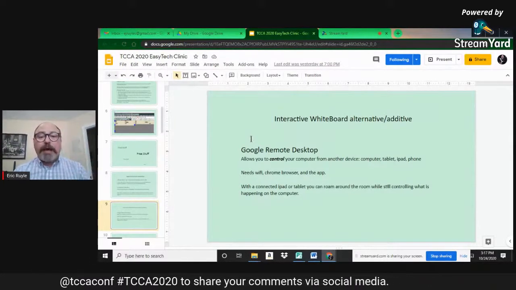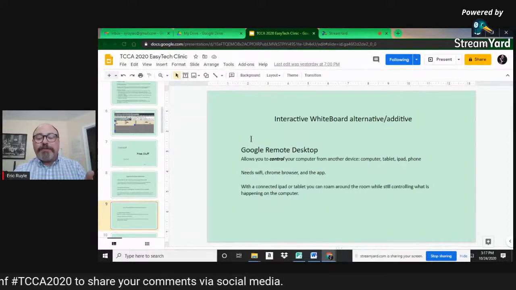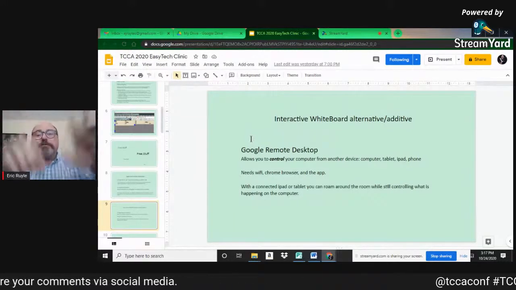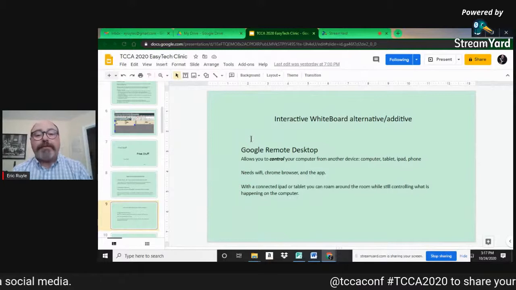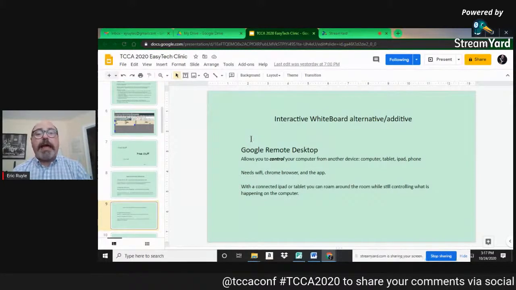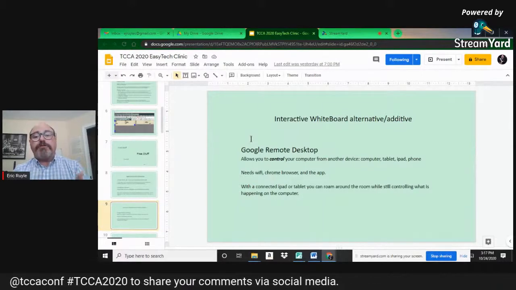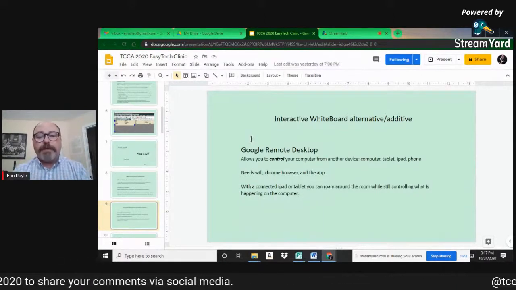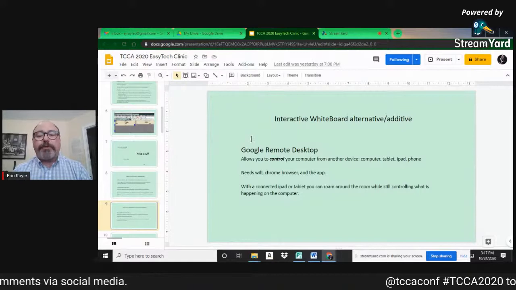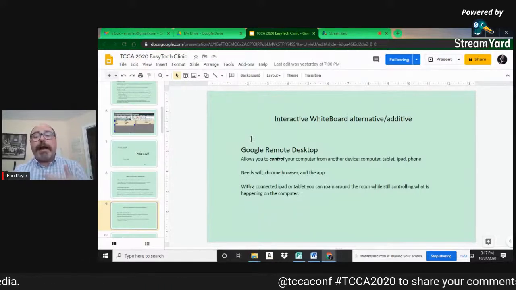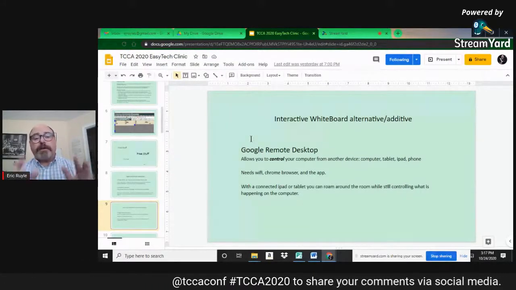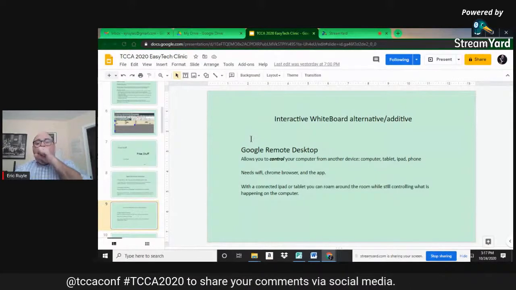And if we didn't have a whiteboard, I'd sometimes let the kids go up and do that, and they'd be almost like they're being interactive when we didn't even have anything. It's still kind of nice if you don't have an interactive whiteboard, to go ahead and do that. You can control a different computer from your device. Again, it could be an iPad, because I've used iPad. You just download it and all that because you can get the Chrome.